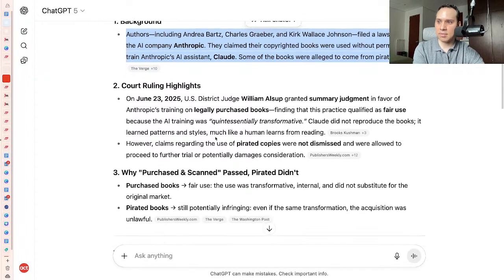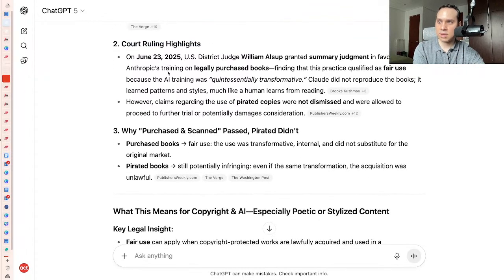And in June, so that's why I didn't know. Last month, no, that's not last month. Last month's July. So just this year, oh my gosh, breaking news. Just this year, the U.S. District Court judge granted summary judgment in favor of Anthropic for legally purchasing books and then training its AI on it. It's completely legal. So for better or worse, this is such a gray area, but for better or worse,